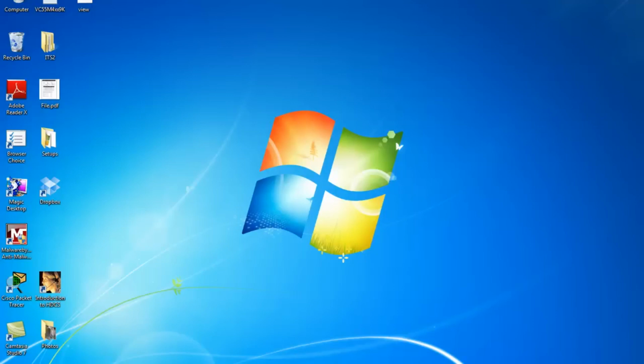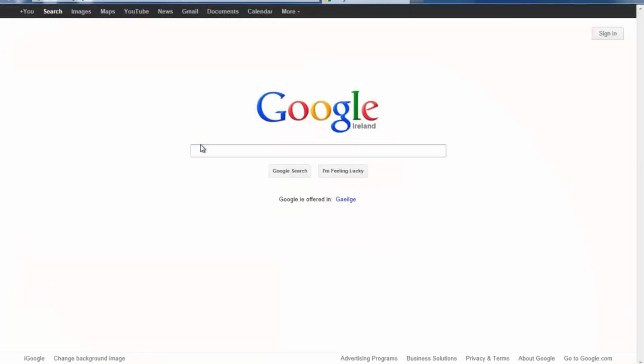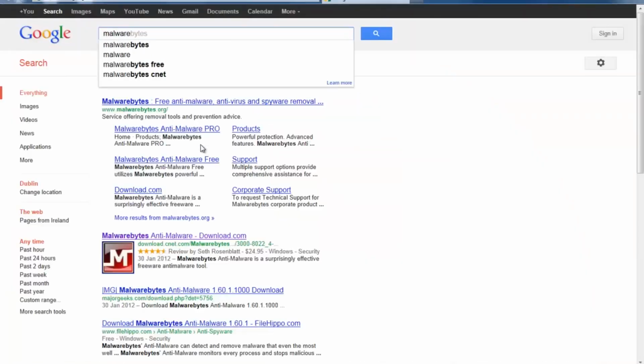I would recommend Malwarebytes Anti-Malware and Microsoft Security Essentials. These work together to keep your system clean and rid of any antivirus, malware or any other threats that you might get exposed to. To download Malwarebytes, just open your browser and search for it. So we type in Malwarebytes Anti-Malware. I generally download from this site because I find it very secure and very reliable. So all you have to do is once the site